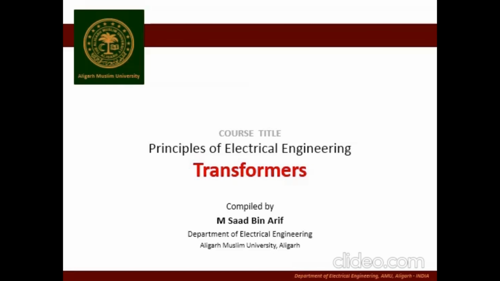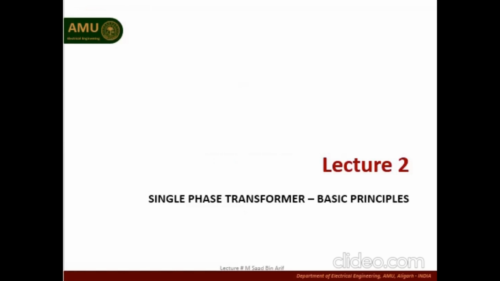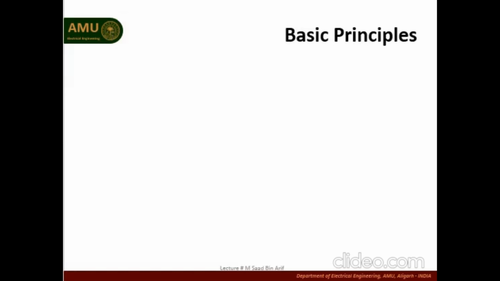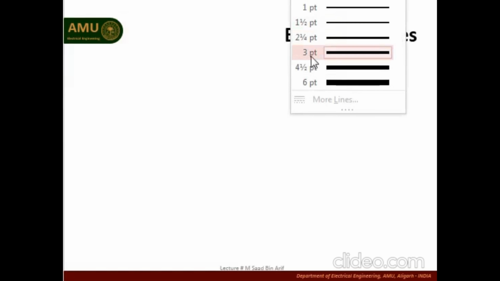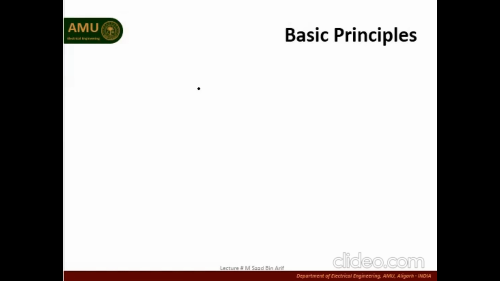We are discussing transformer. In today's lecture, we will see the definition of a transformer and then we will see the basic principle of operation of the transformer. So starting with the definition of the transformer, as I already told you, the transformer is a static electrical machine. So if you consider transformer as an electrical machine, you can say that transformer is basically an electrical machine